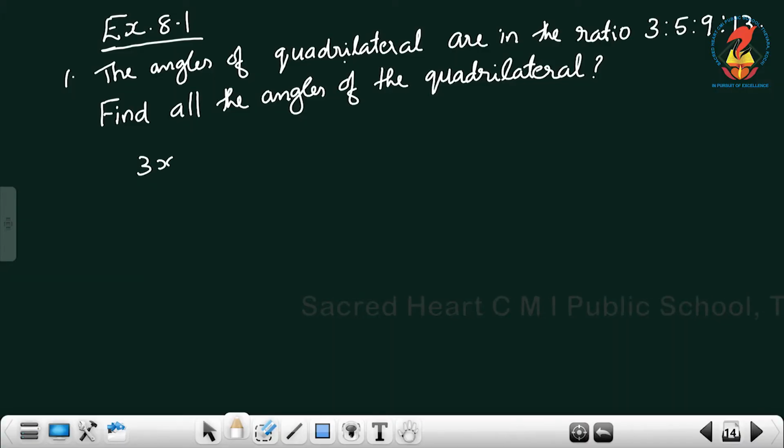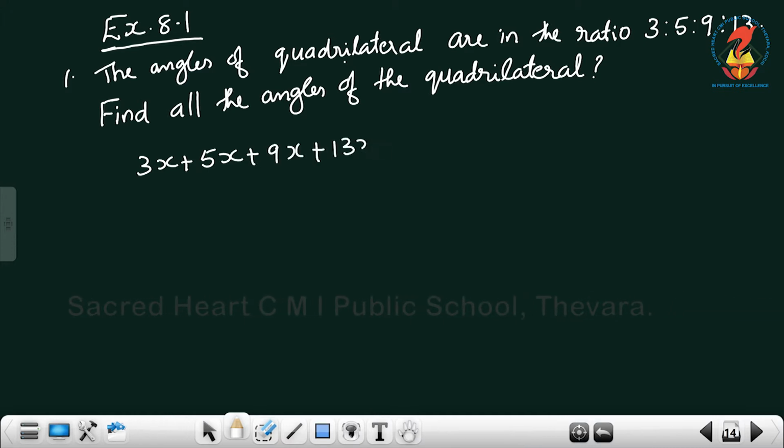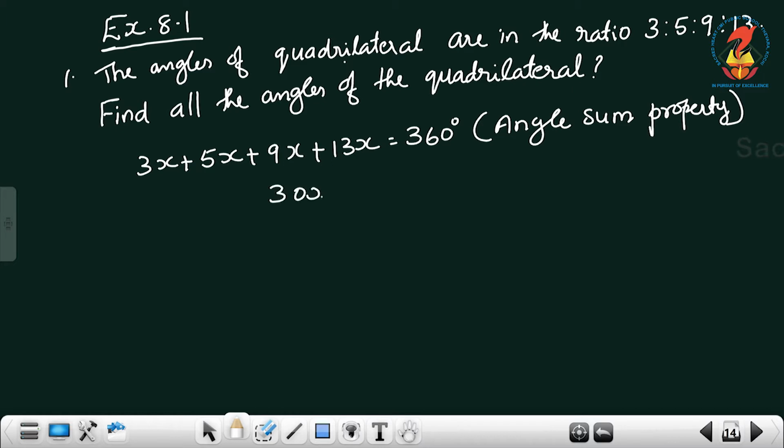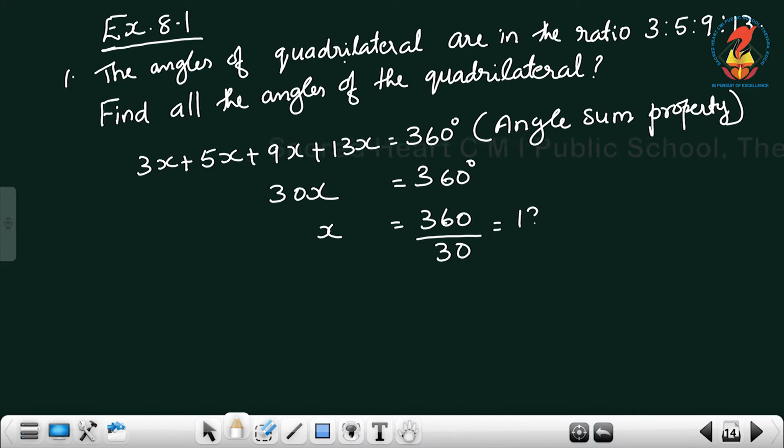That means 3x plus 5x plus 9x plus 13x equal to 360 degrees, by the angle sum property of a quadrilateral. Here 3x plus 5x plus 9x plus 13x equals 30x, equal to 360 degrees. x is equal to 360 divided by 30, equal to 12. Therefore,